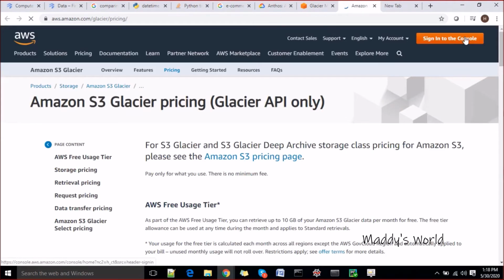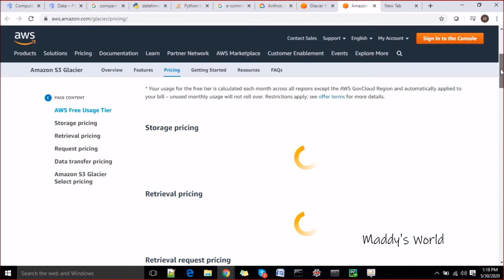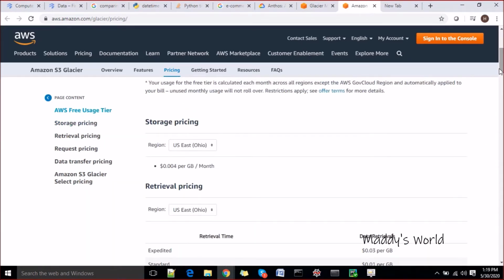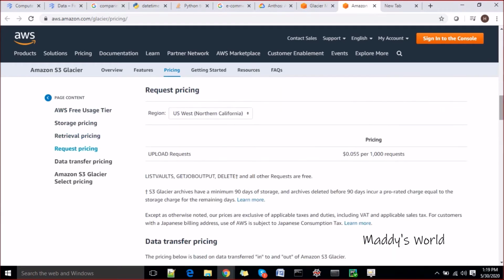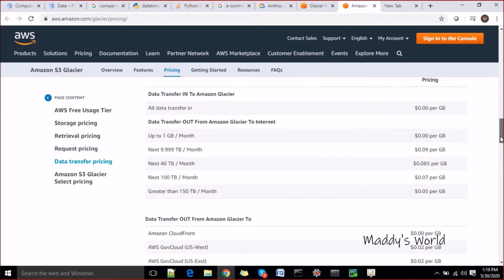You can also see the pricing page here, what pricing they charge for Glacier. Everything is available by region. In this region, per GB, they will charge you this. If you select some other region, west, they will charge you this many cents per GB per month. So everything you can calculate here and see what suits your requirement. If you get a chance to put your data in an S3 bucket, you can come here and see the pricing details.